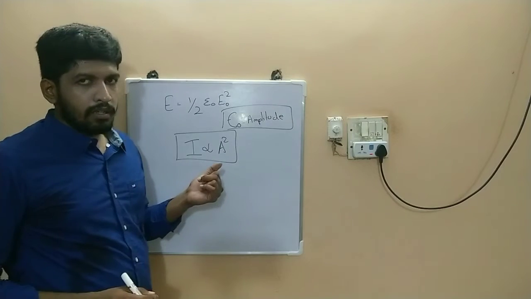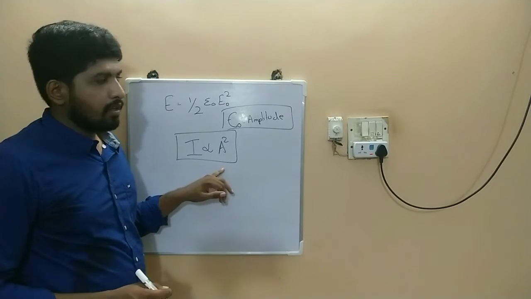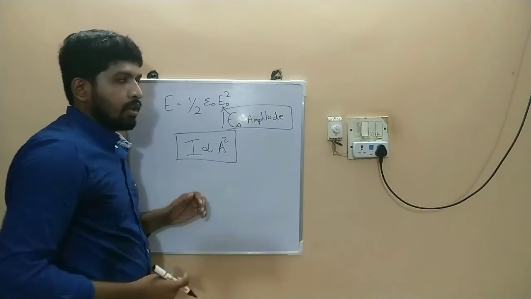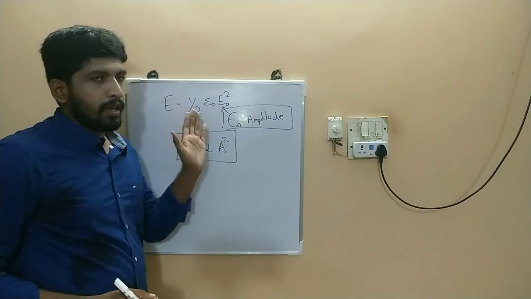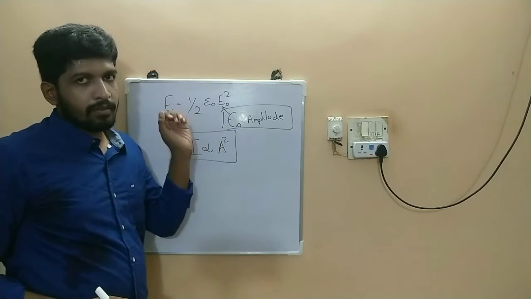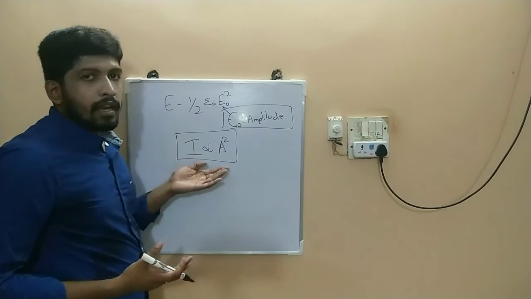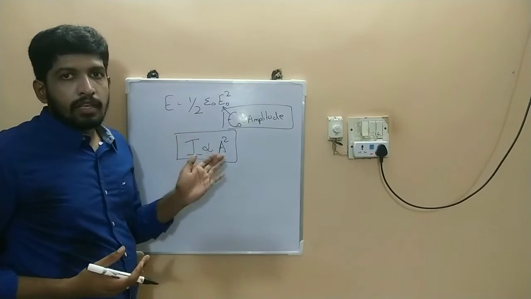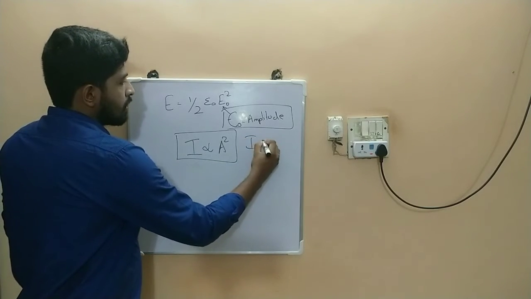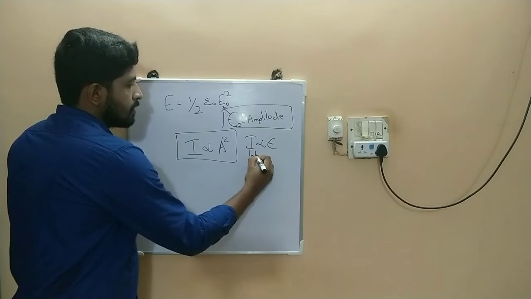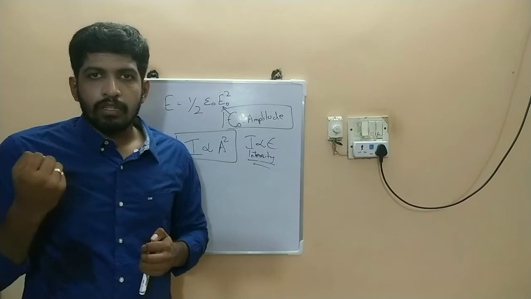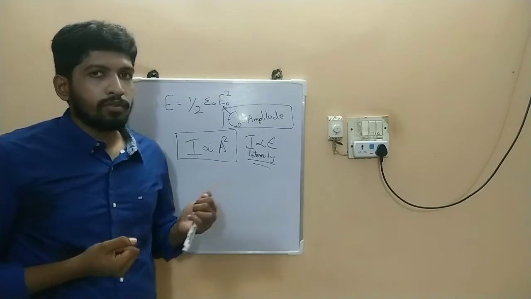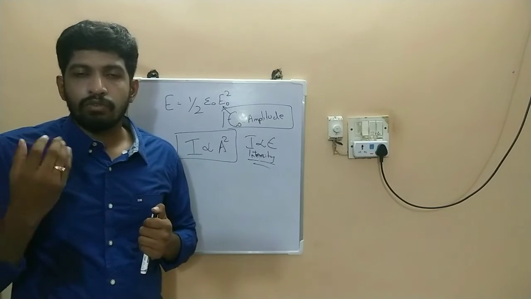When we increase the intensity, the amplitude also increases. Here we have represented E0 as the amplitude because E0 represents the maximum possible electric field. The energy is thus directly proportional to the intensity. When the intensity of light increases, the amplitude is increasing and the energy is also increasing.